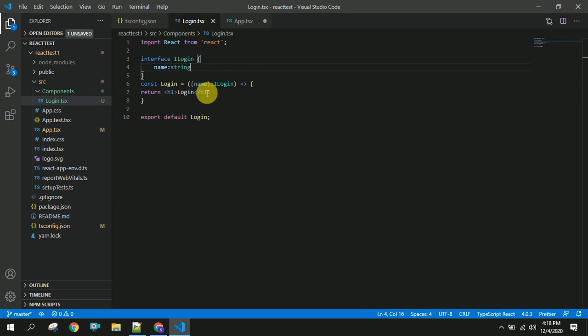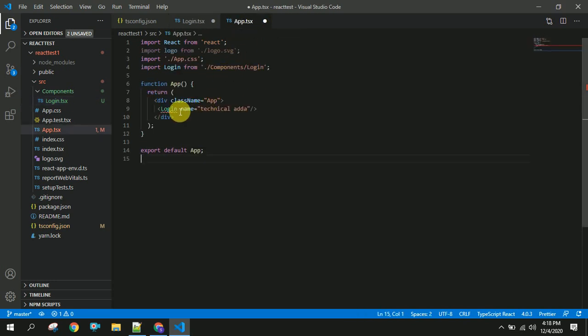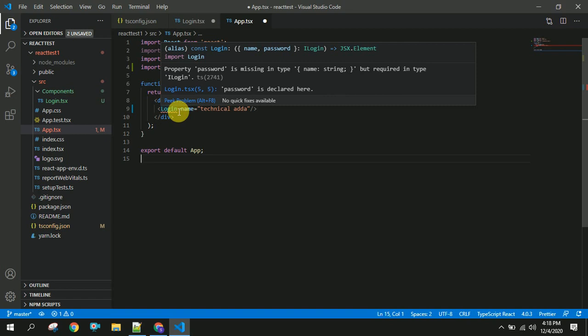If I add another thing here, like name and password, and I'm going to use this password here, whenever I want to use this login, it will tell that property password is missing in this type.